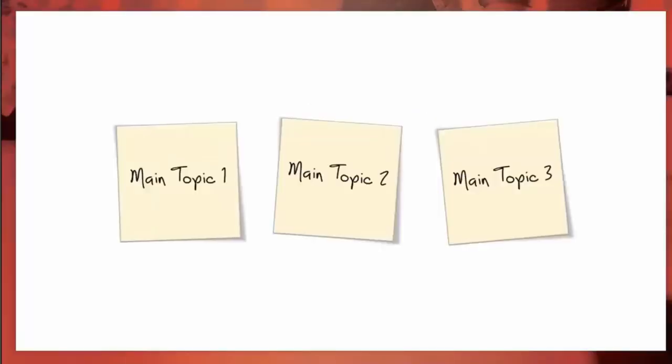Typically, when I'm working on a course, what I will do is I will go away from my desk. I will go find a wall somewhere outside of my regular environment, and I will just start writing a bunch of sticky notes. And typically what I will do is I will start by putting a bunch of sticky notes on the wall for all of my really important main topics, my main themes. Maybe there are your learning objectives, whatever it might be. I will create a sticky note for each of my main topics. It might be 3, it might be 4, it might be 5, it might be 20 main topics, who knows. But I will try and outline all of my main topics.